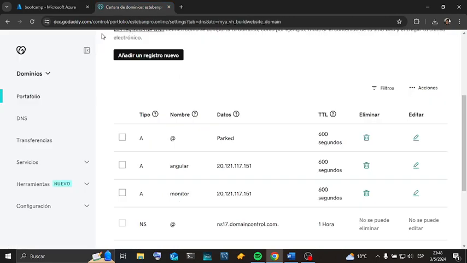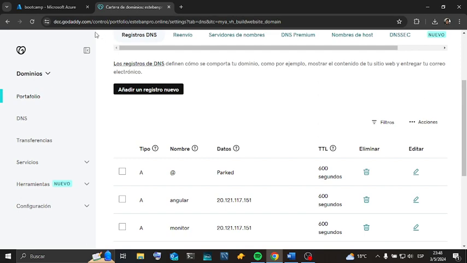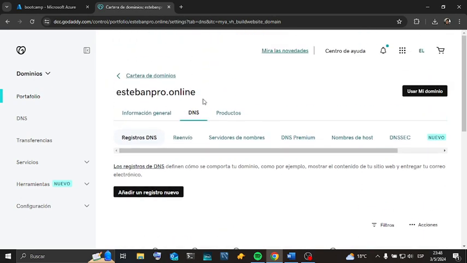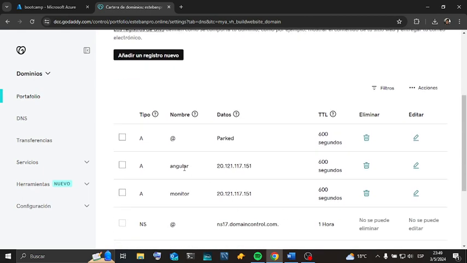and go to the domain that you bought. In my case I bought this domain on GoDaddy. For example, my domain is estebanpro.online, which is only for tests. As indicated here and here, we choose the type of record we want. In this case I choose the letter A in two cases,